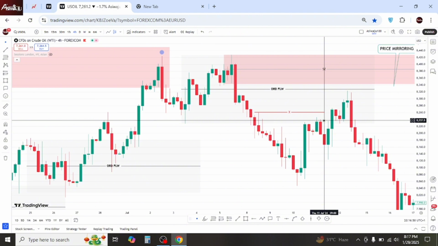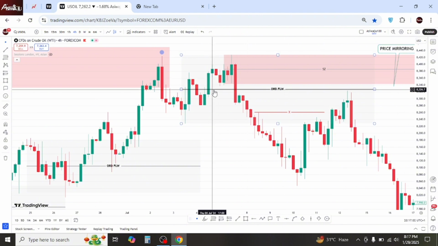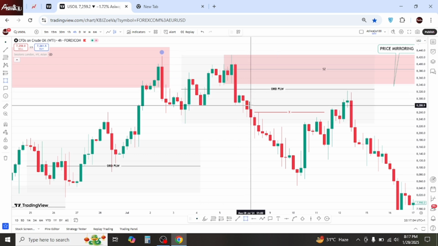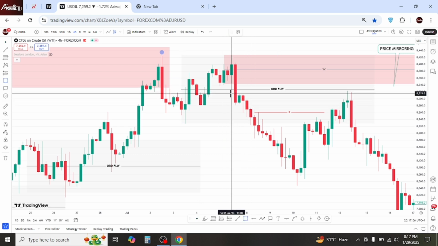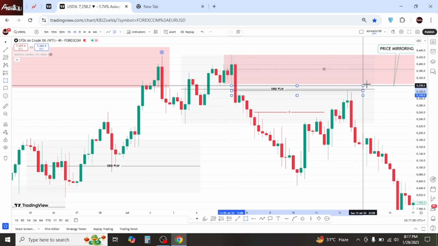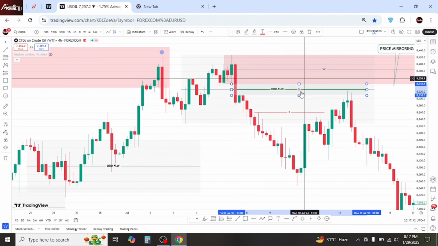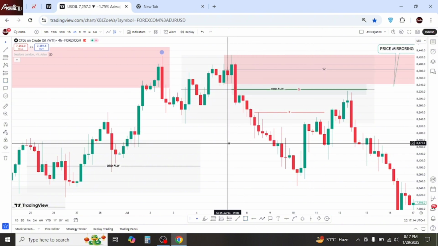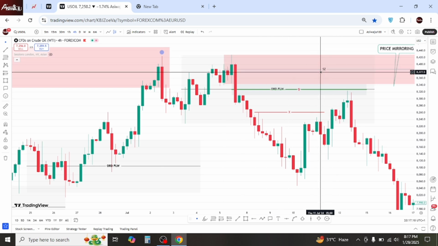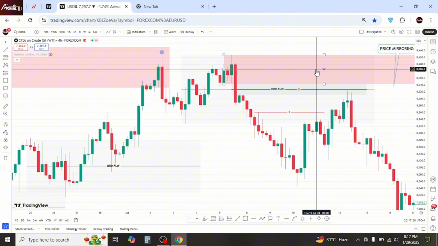Inside your order flow there may be an imbalance. Price can come to mitigate your imbalance inside your order flow. As you can see, we have imbalance here inside this order flow. We have imbalance at this point. So everything is inside your order flow, and inside the order flow, price might come up to mitigate maybe your supply level or your demand level. So immediately price